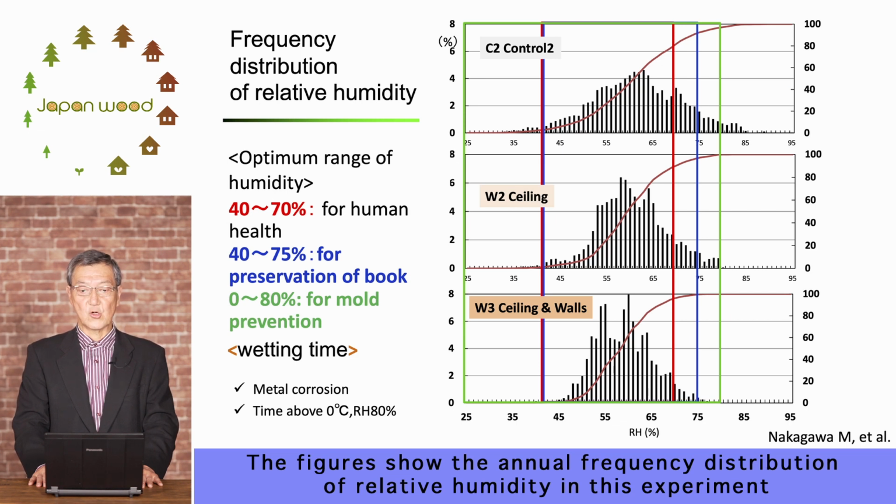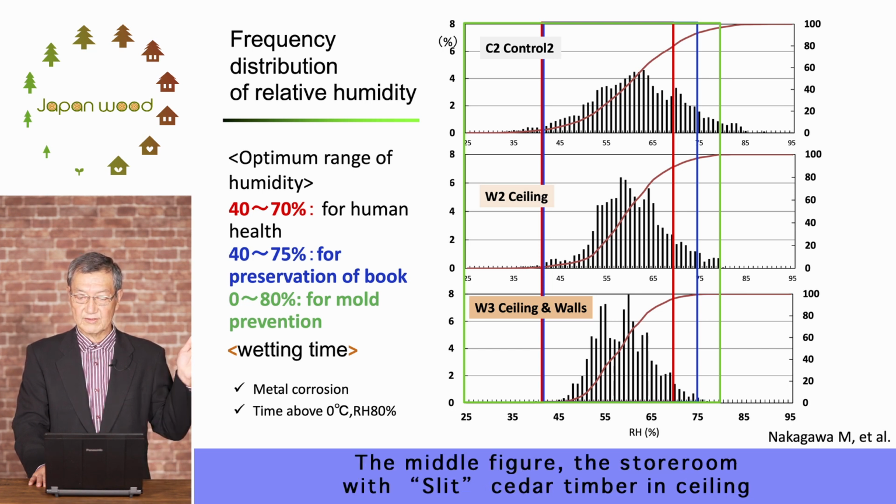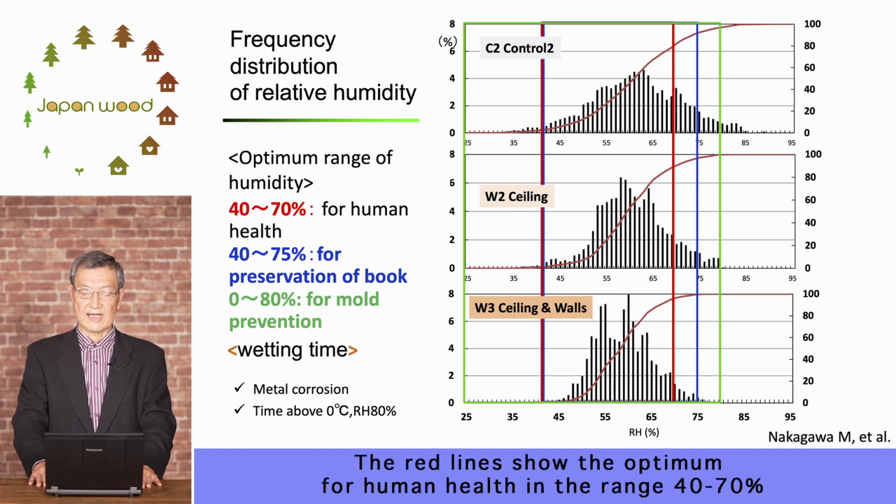The figures show the annual frequency distribution of relative humidity in this experiment. The top figure shows the control storeroom. The middle figure, the storeroom with slit cedar timber in ceiling. The bottom figure, both ceilings and walls. The red lines show the optimum for human health in the range 40 to